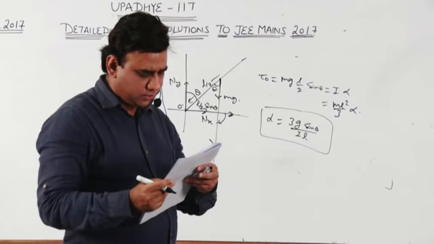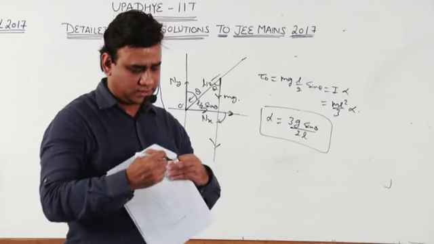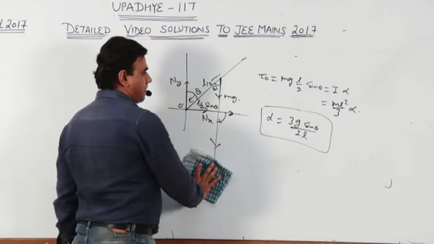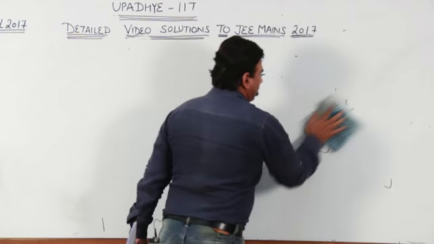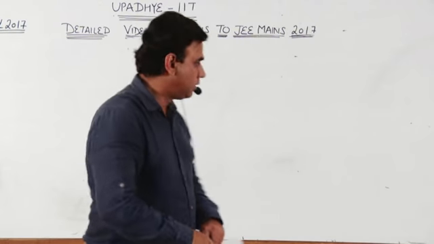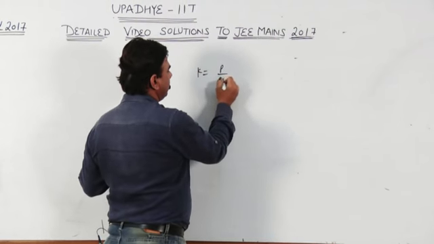Now we can move to question number 78. In 78 they are asking about bulk modulus. Basically it is based on thermodynamics again. Bulk modulus in thermodynamics, and in fluids also, is K equal to P delta V upon V.